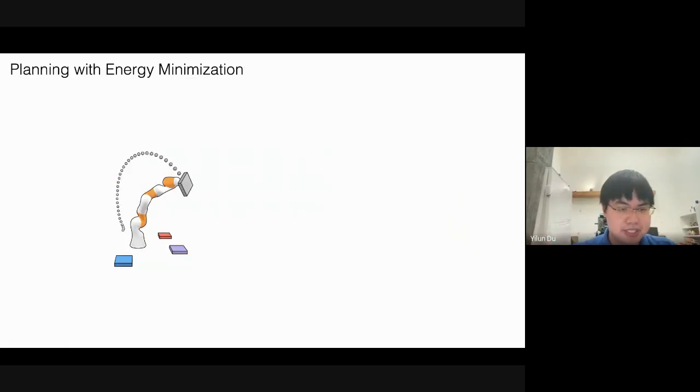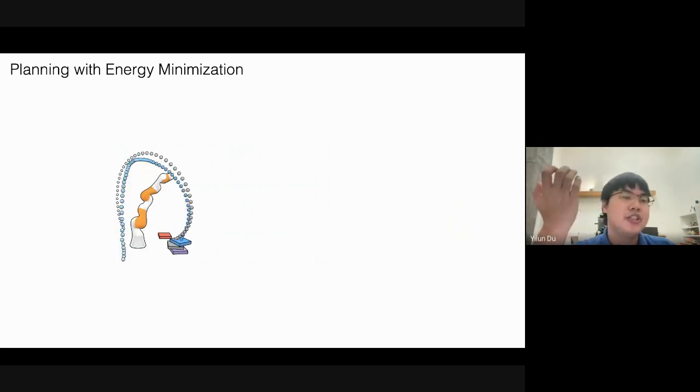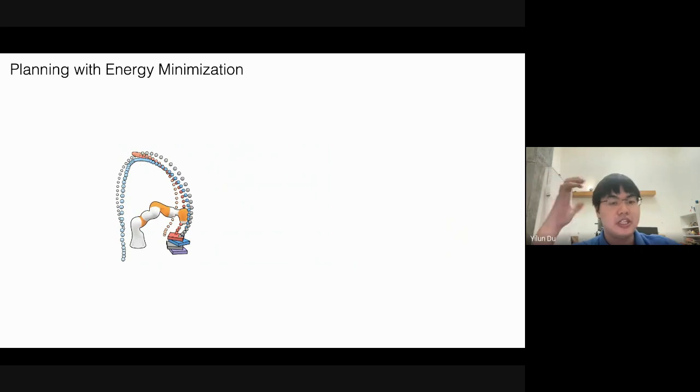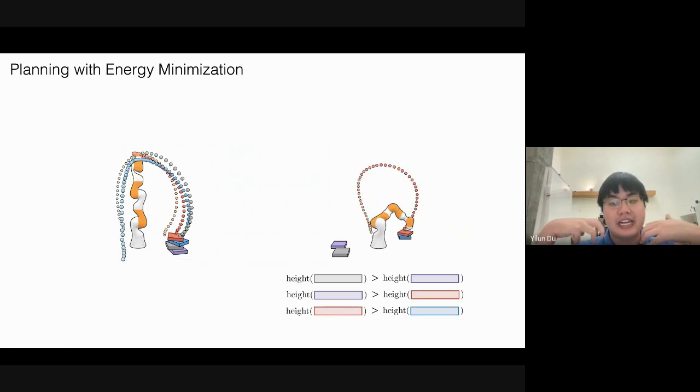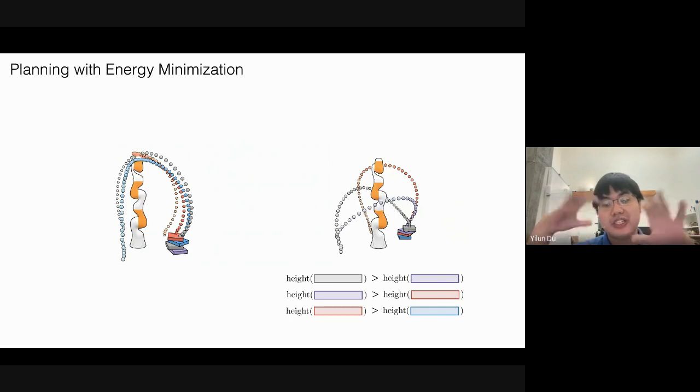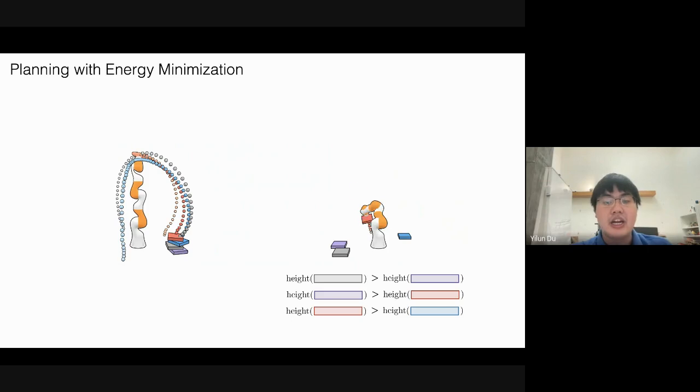But if you do this, well, first this shows samples from the first energy function. So if you learn an energy function on different trajectories of block stacking, you're able to generate a stack of different blocks. Now, if I add these test time constraints, so I add a constraint that the red block needs to be on top of the blue block, a cost function that specifies the purple block needs to be on top of the red, and a third energy function specifying that the gray block needs to be on top of the purple, you essentially are able to generate these conditional trajectories, which essentially stack the blocks in the particular configuration you would like.